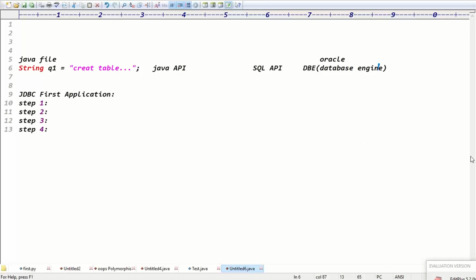Guys, is that statement clear or not? That translator is nothing but the driver, guys. The driver is a translator who translates your Java syntax queries into the database syntax format.